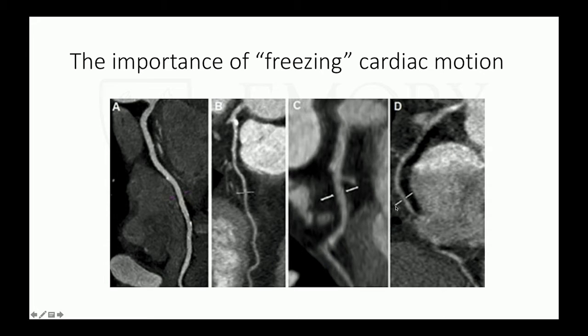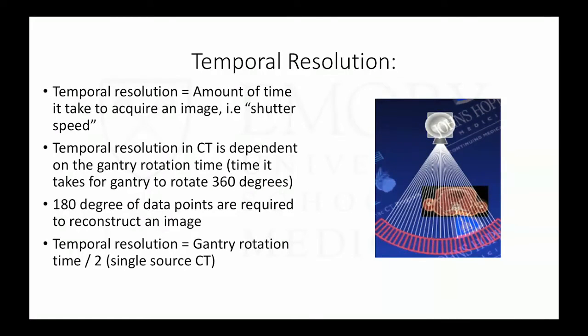And so that brings upon the concept of temporal resolution again, which I think of as kind of like the shutter speed on a camera. It's the amount of time that's required to acquire an image. And it's essentially dependent upon the gantry, as the X-ray source rotates, the time it takes for it to rotate 360 degrees. Now in CT, we actually only need 180 degrees of data points in order to reconstruct an image. And so really our temporal resolution is the gantry rotation time divided by 2 in a single source